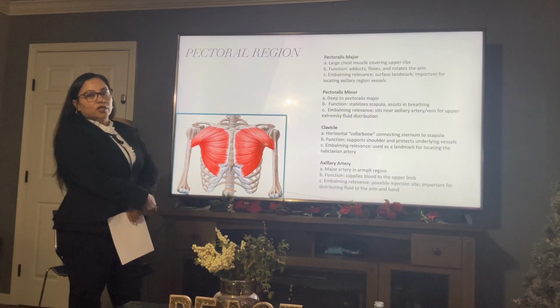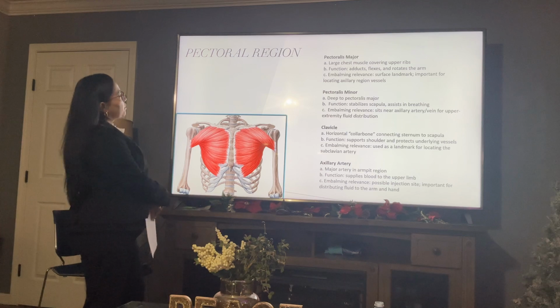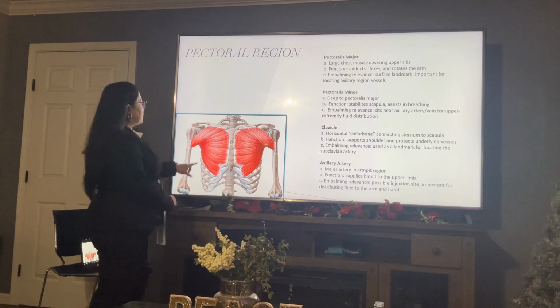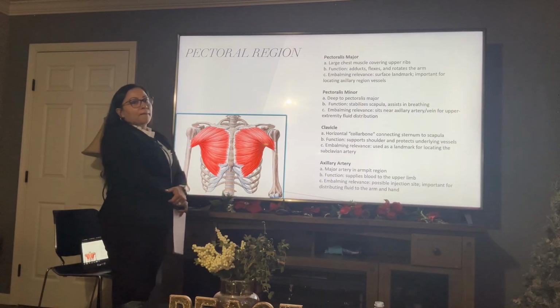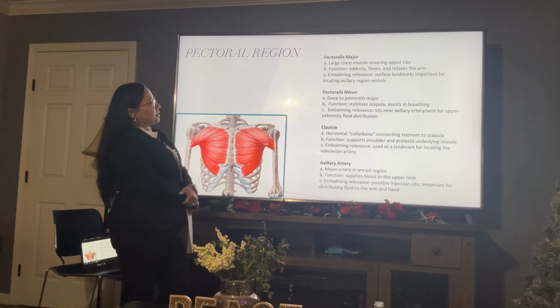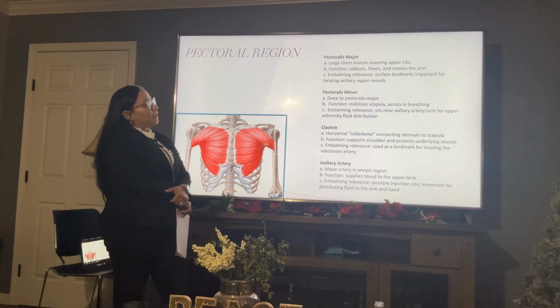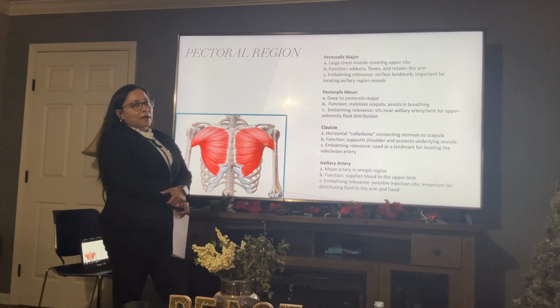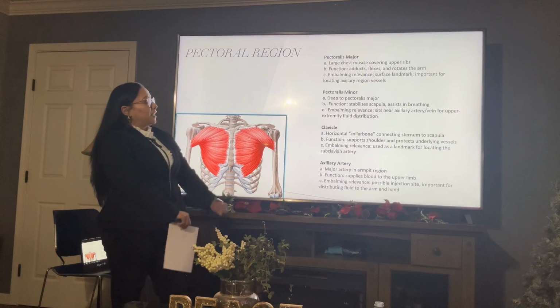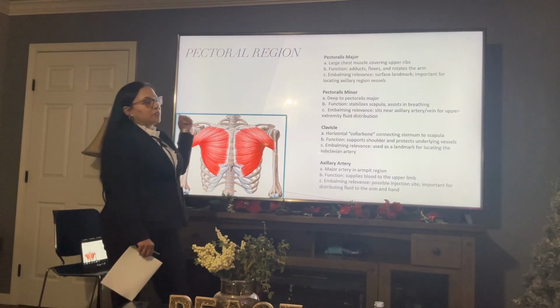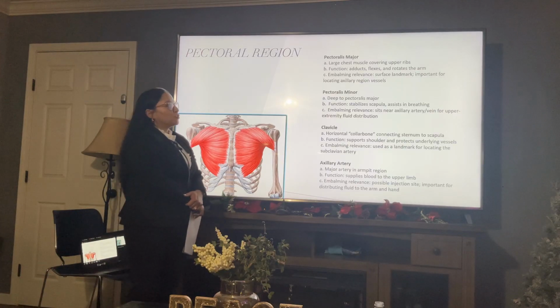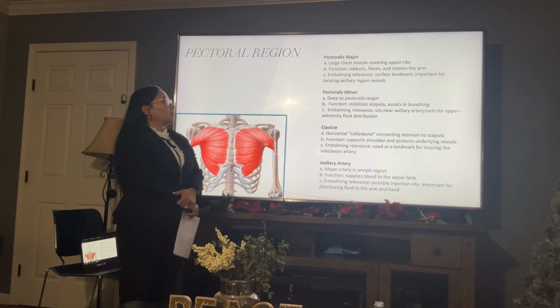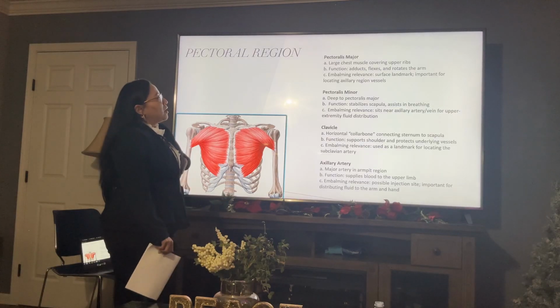The first structure I will be talking about is the pectoral region. This is the pectoral region. The pectoralis major is the largest chest muscle covering the ribs. The function is adduction, flexion, and rotation of the arm. The embalming relevance is surface landmarks, important for locating the axillary region